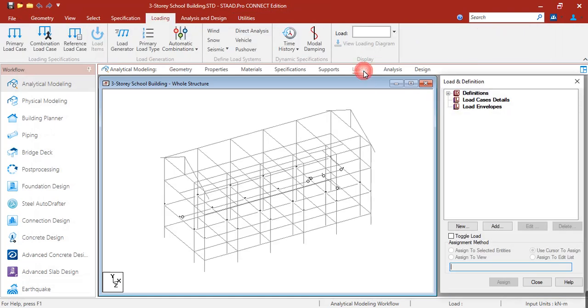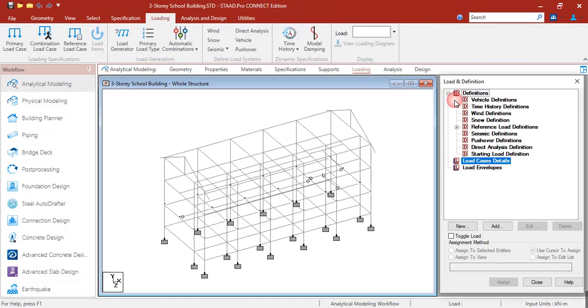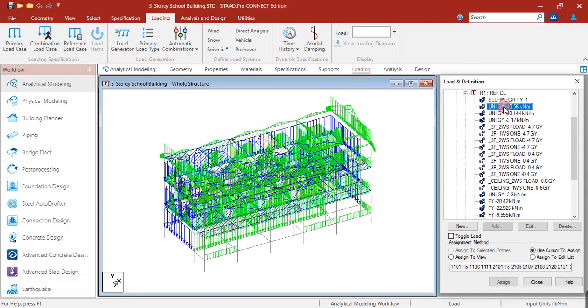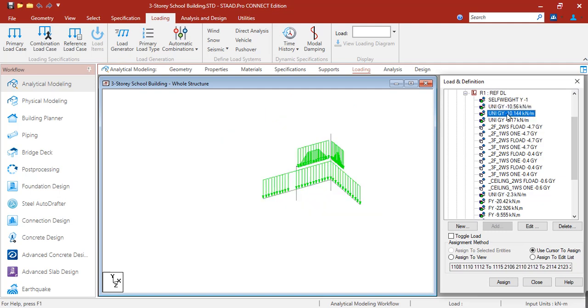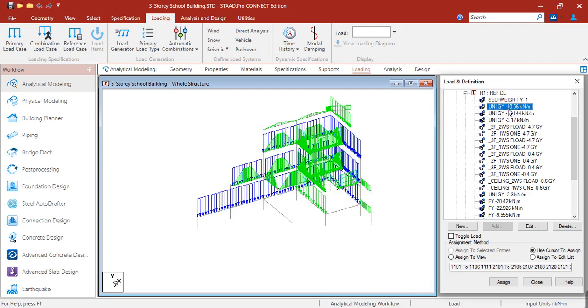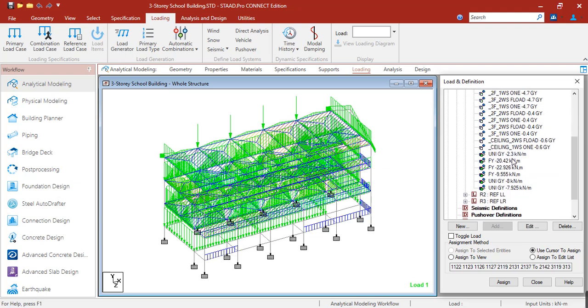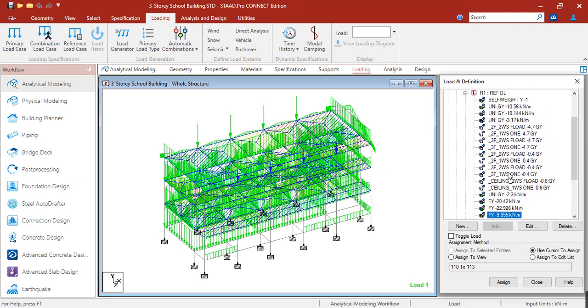If we take a look at the loadings, they have the same values. For example, here it is loaded for the same members, but this time it is loaded for the whole group. It's not possible to load it directly to a group, so you need the editor to load it to a specific group name.